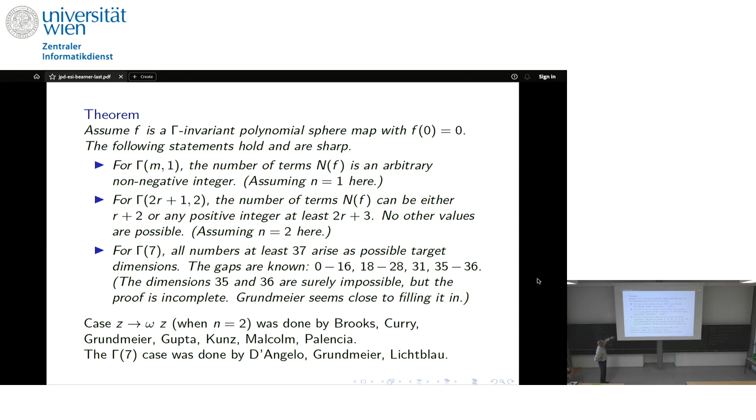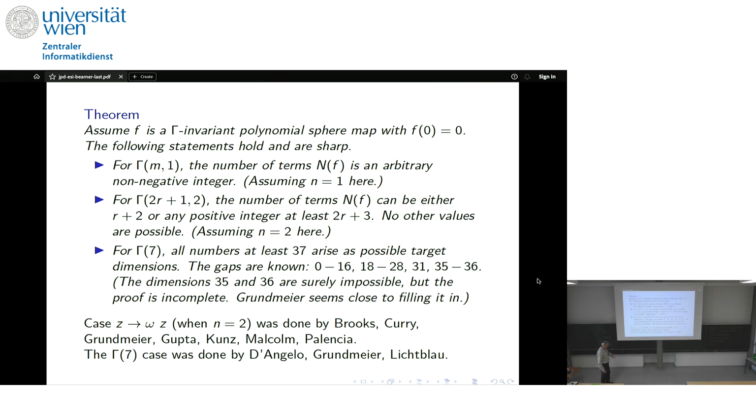Now, they also conjectured the answer for that second group, and I wrote out a proof, which I have in these slides, that the only possible target dimensions for a minimal map invariant under the second group are either r plus 2 or any number greater than or equal to 2r plus 3. So there's a gap, right? Anyway, that's the result. But now, for the group with